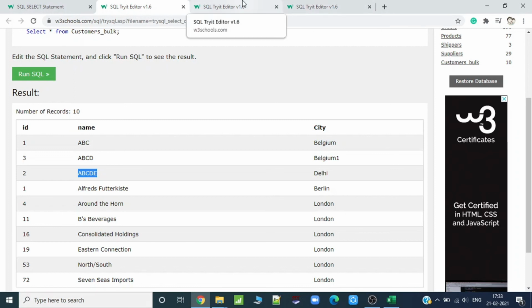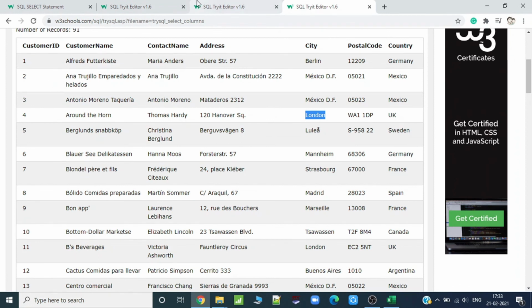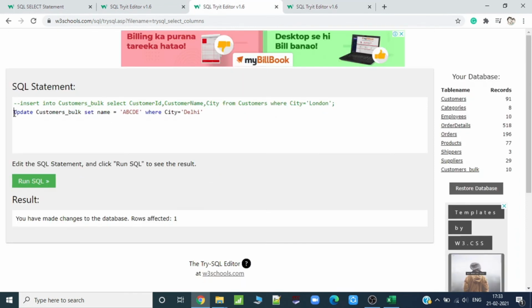Now the third thing is you have to delete some of the rows. Let's say you have to delete all the IDs which start from 1. So what will you use? You will use the delete query: delete from customers bulk where ID equals 1.